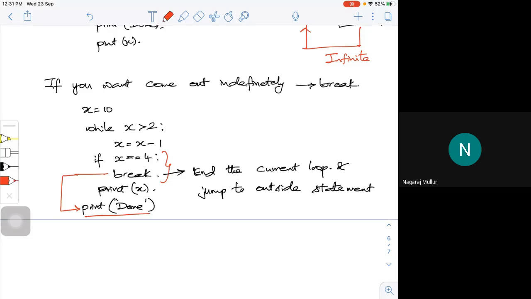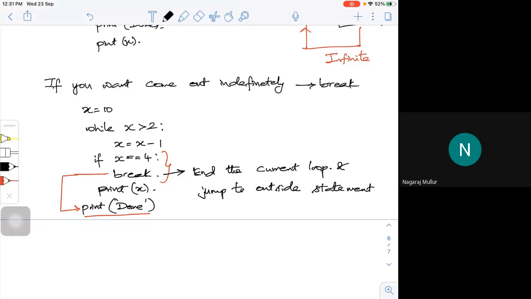A while loop is used for repetitive steps. If I don't properly use the statements within the while loop, I may end up with an infinite loop. That's another condition. While using the while loop, I can come out of it using a break statement. A break statement will take it outside your existing loop. This is one type of loop we are using, a repetitive loop.